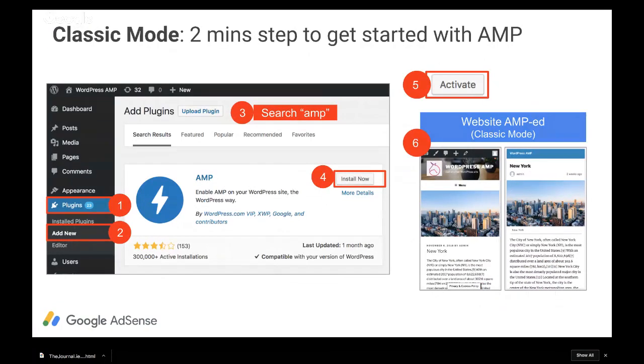In this diagram, you can see briefly how easy it is to install AMP and get started using Classic Mode. If you have a static type content website with little or zero custom JavaScript, you're a great use case for AMP. In as little as 2 minutes, you can get started with AMP and have an AMP version using Classic